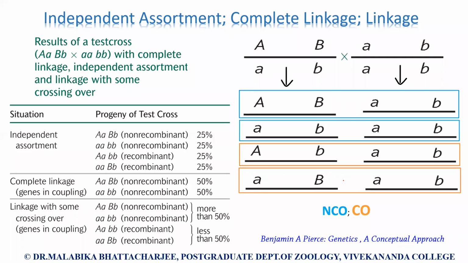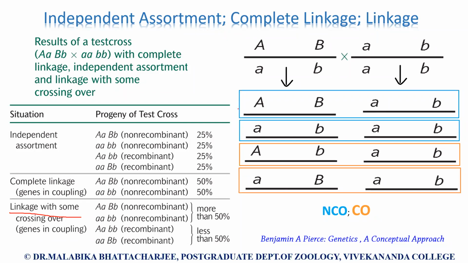The other extreme condition was that the genes are linked. Since the genes are linked, we are not getting the crossover products. Now, between these 2 conditions exists a third condition, which is known as linkage with some amount of crossing over. So, we are assuming that the genes are linked, but crossing over is still occurring. Keep in mind that whenever there is crossing over, we will get all the 4 sets of individuals I have shown you here.